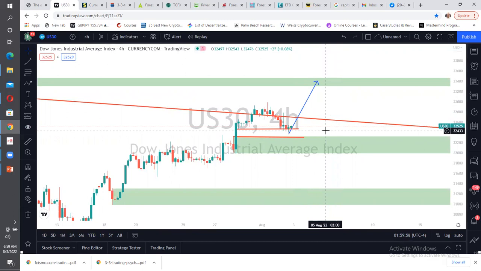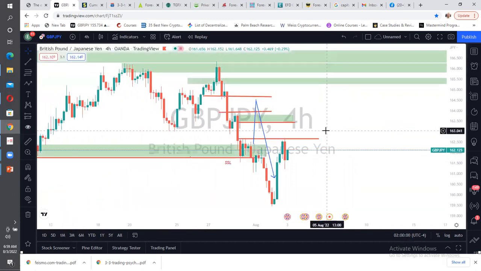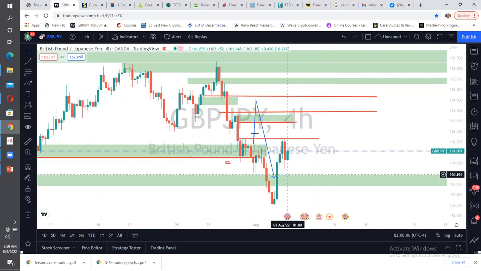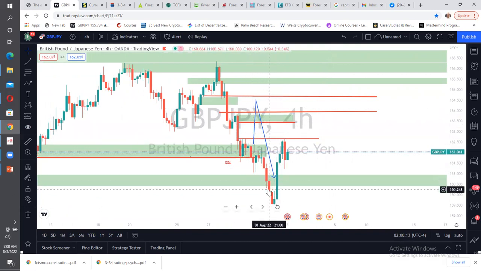Okay, let's go to the next one. GBPJPY. GBPJPY, we analyzed that we would have loved them to pull back before they sell down to this level. But as you can see, they sold down to this level fast enough. And then they pull up to this level. Trading into this level, they traded into this particular FVG, so we need to go to the upside.